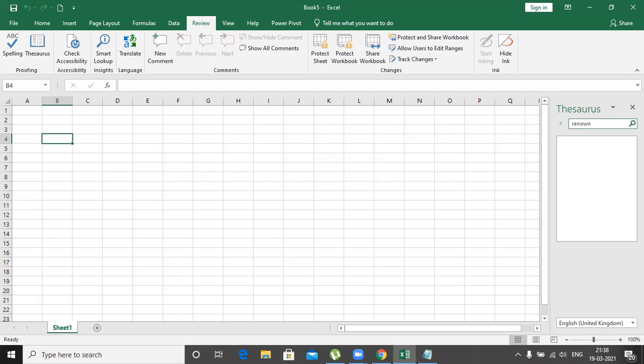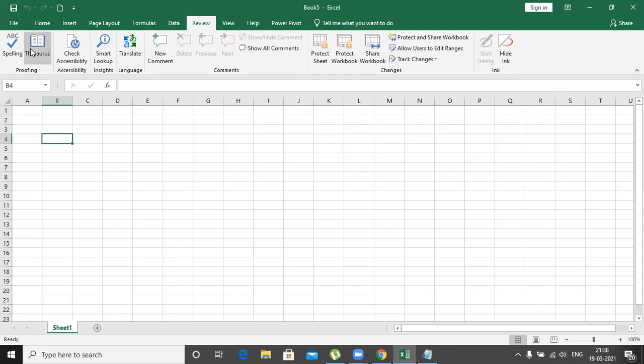Press the Enter key. According to the thesaurus, it will give alternative simple words: fame, celebrity, repute, and so on. So this is the meaning of thesaurus. It works like a dictionary, providing alternative words for when you are at a loss for words.